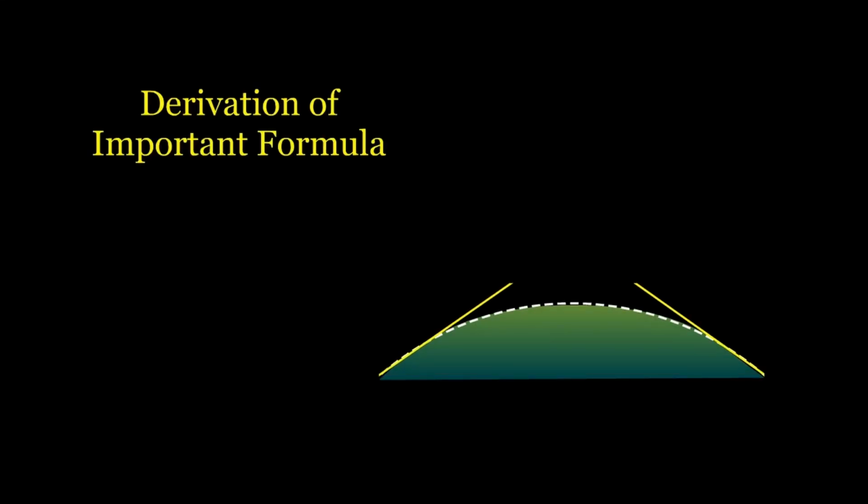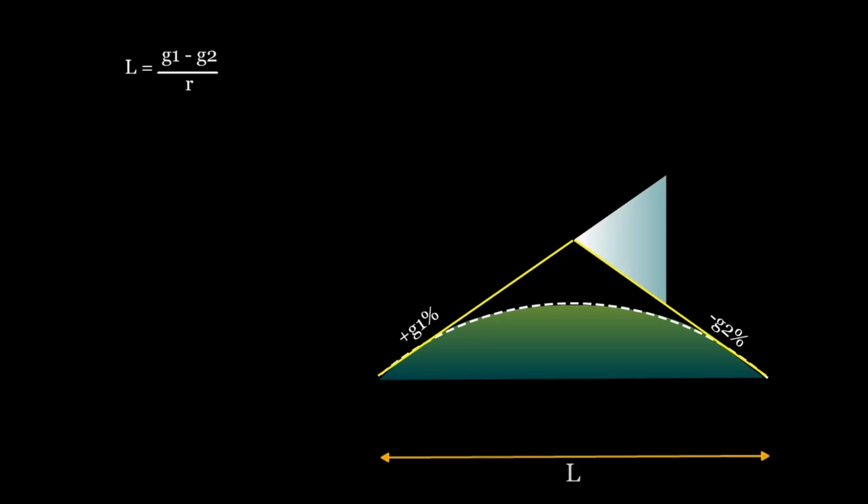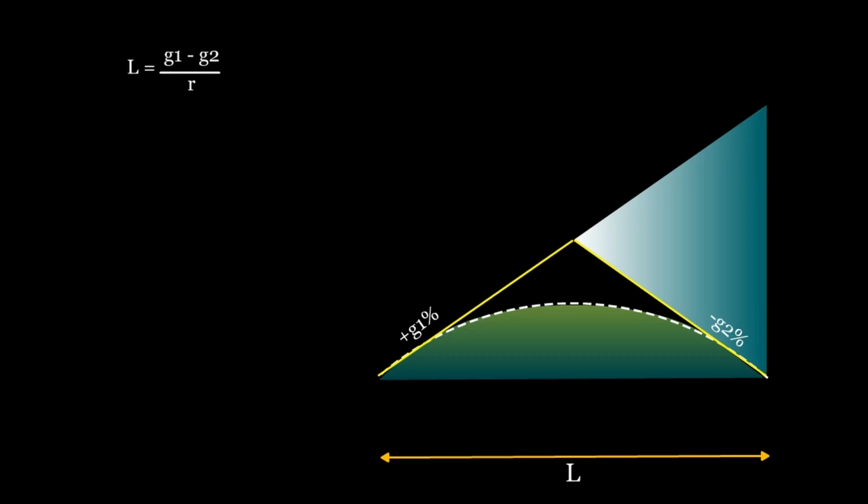Derivation of important formulas. Calculating the length of a vertical curve. The length of a vertical curve, denoted as L, is determined by the algebraic difference between the two grades, divided by the rate of change of grade. The formula is the length of the curve L equals the difference in the grades G1 and G2 divided by the rate of change of grade R,